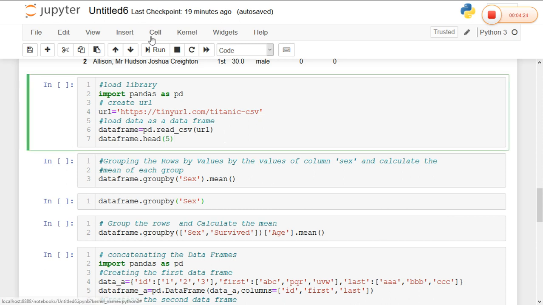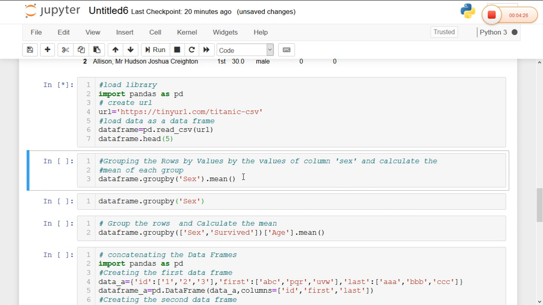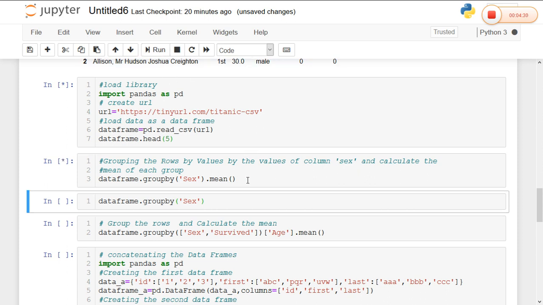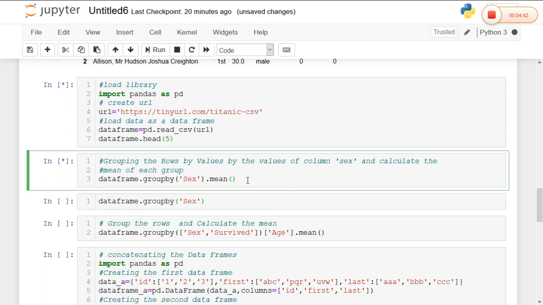So here I am retrieving the first 5 rows and grouping the rows using the groupby command along with the mean. It will return the mean value based upon the sex. Let's wait for the output.